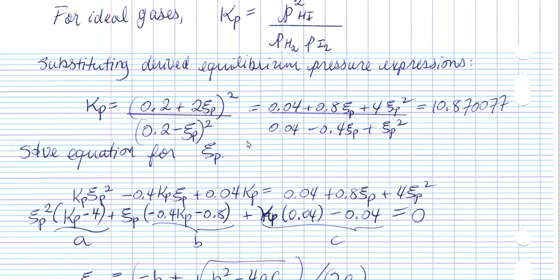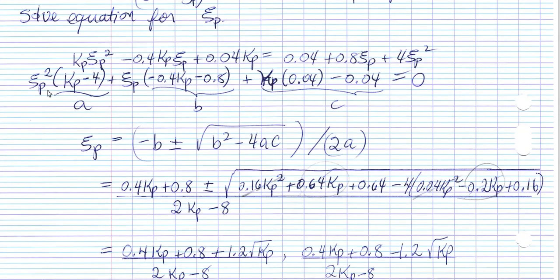Now, there are two ways to solve this. One can either multiply it all out and use the quadratic equation, or simply bring the denominator up to here and take the square root of both sides and make sure to get the positive and the negative root. The way it's been solved here is that the quadratic equation has been used. So everything is multiplied out and all of the terms are collected, and when that is done, it can be put into the form to be used for the quadratic equation.